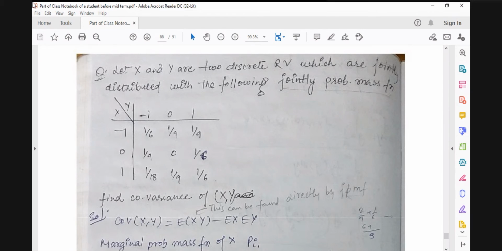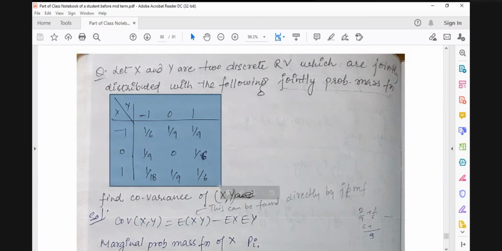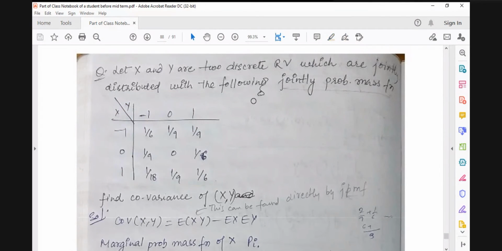So if, in one question we have already discussed, we are tossing three coins, and X is representing the number of heads and Y is representing the absolute difference between the number of heads and the number of tails. But here, if I provide you information like this, like in the exam I provide you this table, you have to identify by yourself what is the range set of Ry or range set of Rx here.